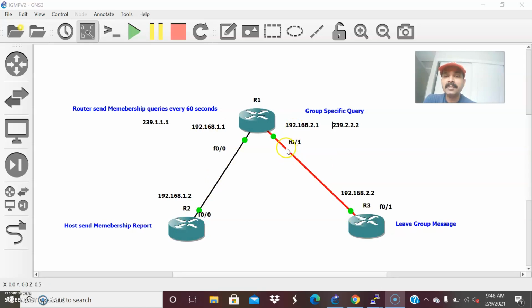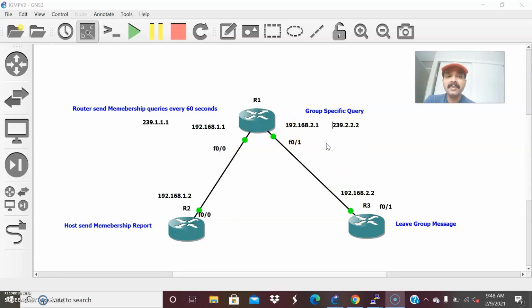In version 2, additionally, there are two points you have to remember. So in IGMP version 2, what happens? I'm going to create two groups, 239.1.1.1 and 239.2.2.2. Whenever R1 launches two multicast applications, 239.1.1.1 is one application and this is a different application. If host one wants to receive the traffic for this specific multicast application, it will send a membership report. Similarly, if host R3 wants to receive the traffic for its corresponding group, it will send a membership report. So this is the behavior of IGMP version 1.